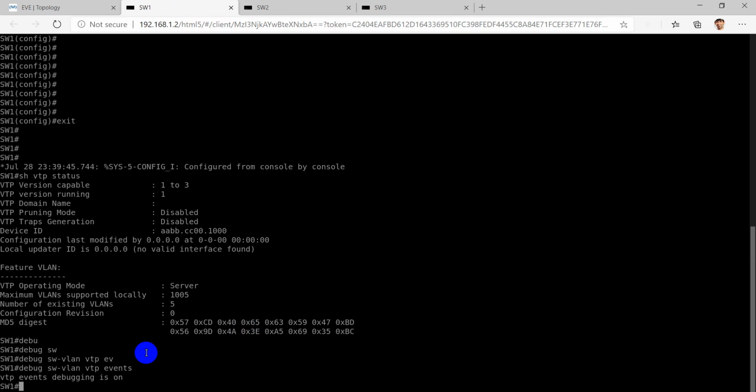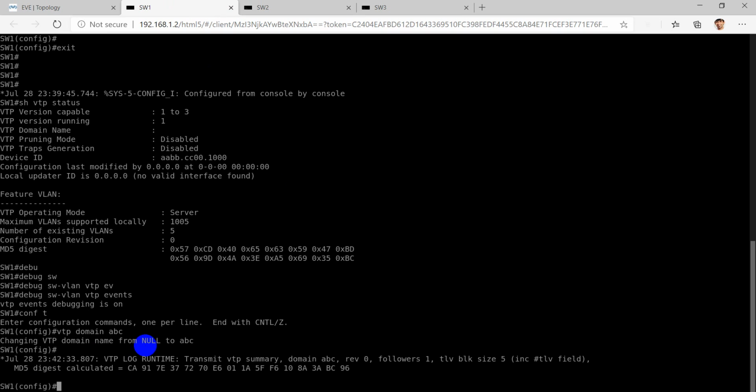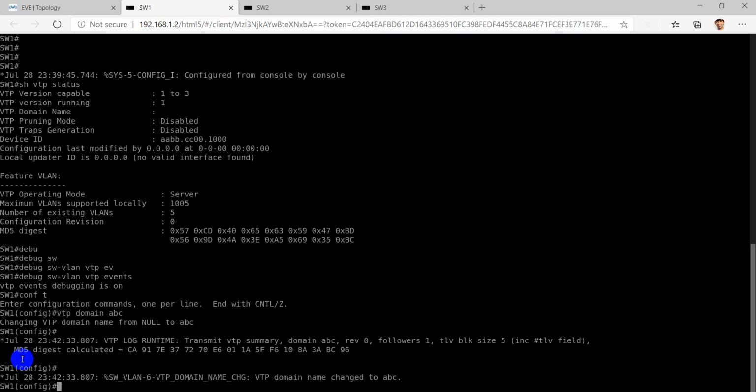We'll change the domain name to ABC and see which messages are sent for VTP. So we'll say VTP domain ABC. Now you can see that the VTP domain name has changed from null to ABC, and it has calculated its MD5 value again. Now the domain is ABC with the revision number of 0.